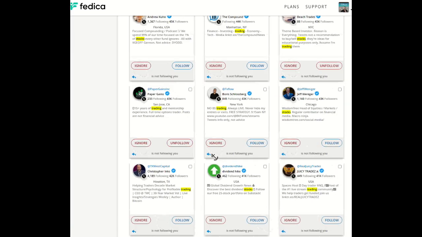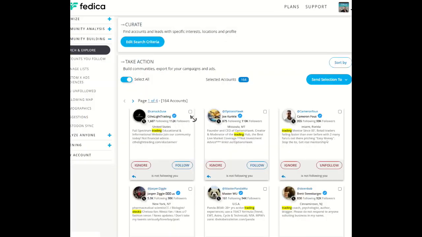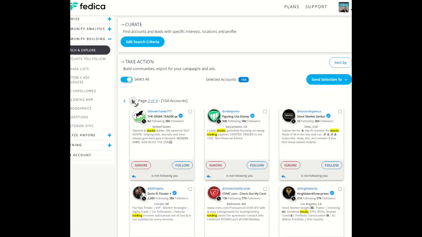And now I can go to page 2, and then on page 2, it's going to go from 39 to 38 and on down, so I can go all the way down to the end of each page. The whole list is in order here. And if I wanted to process them by follower count, which is what I'm doing, then this is how I have to do it. I cannot do it from a list. Alright,